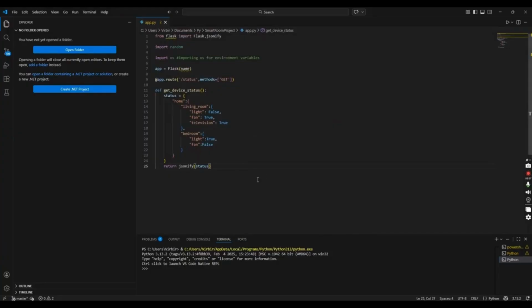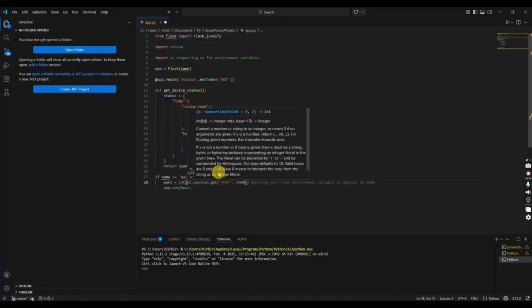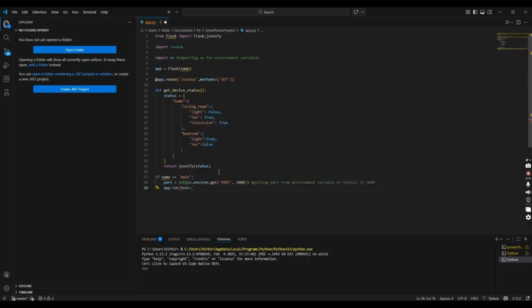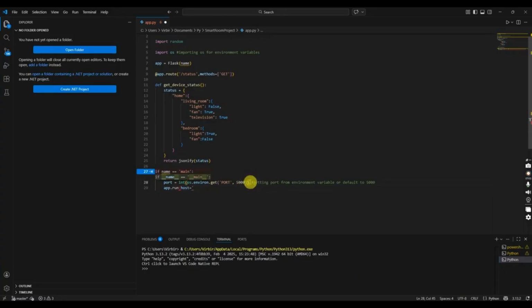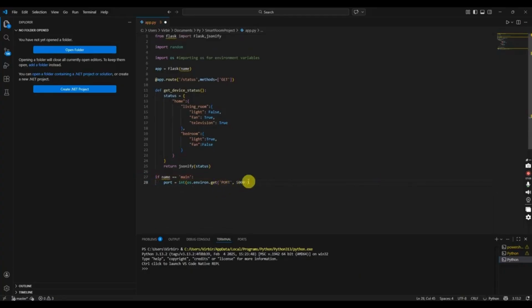set up a few things in Unreal Engine. So before that, we need some more conditions. If name equal to main, and then port equal to int, os.environ get port, 8000, and then these are the things which are included here. We don't need that. And then 5000. If it's 5000, then app should run,